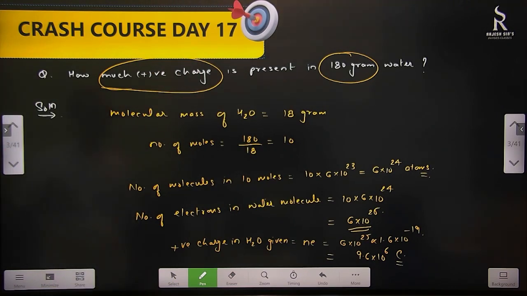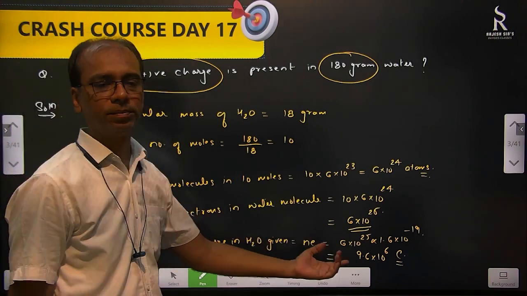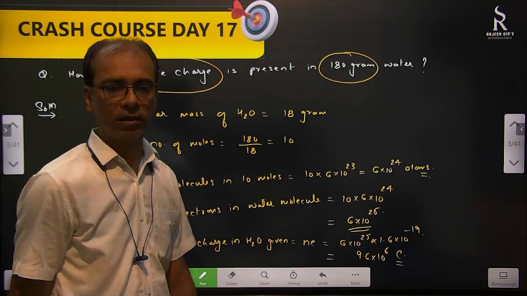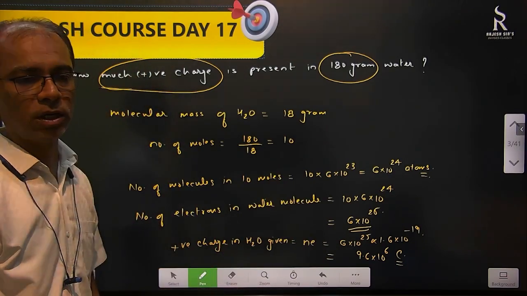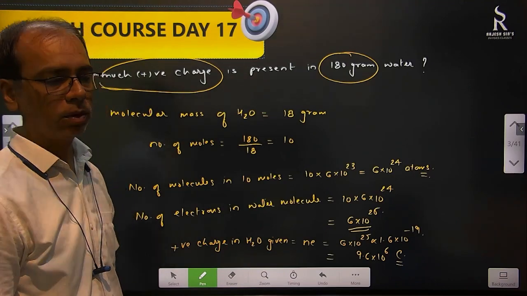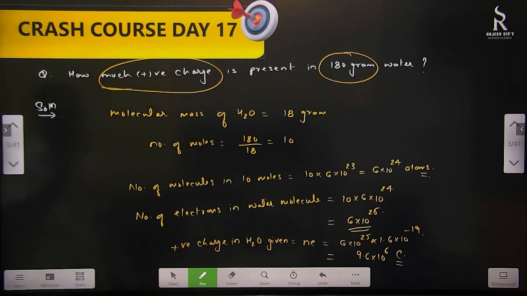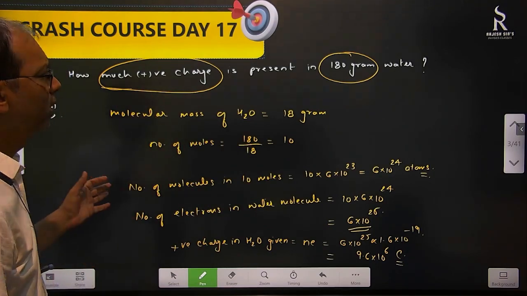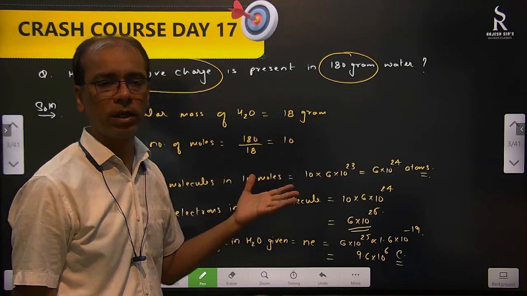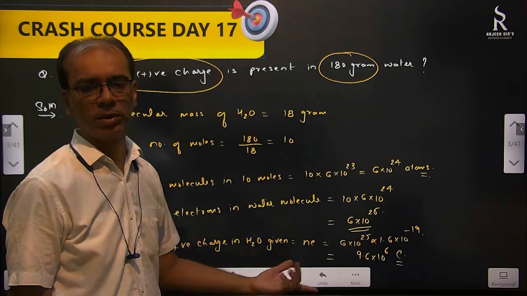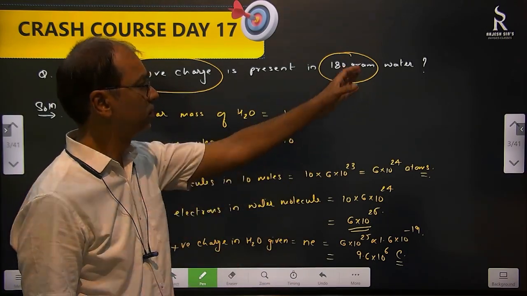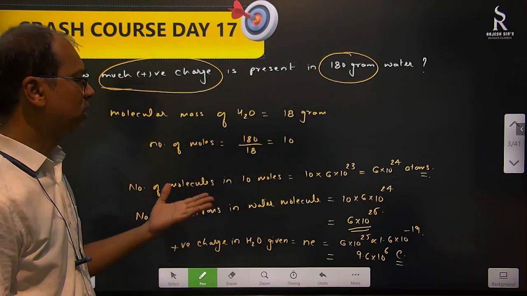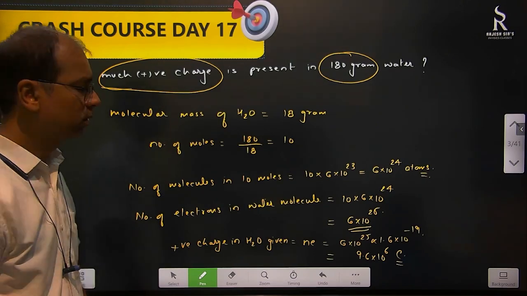So this is the charge on 180 gram of water. Not net charge. That means this much is the positive charge inside it, and the same is the negative charge also. It is neutral anyhow. This way we can find the positive charge and negative charge on anything, because we know how many electrons are in a molecule. It depends on their atomic number. In water, we found how many electrons or protons are possible.